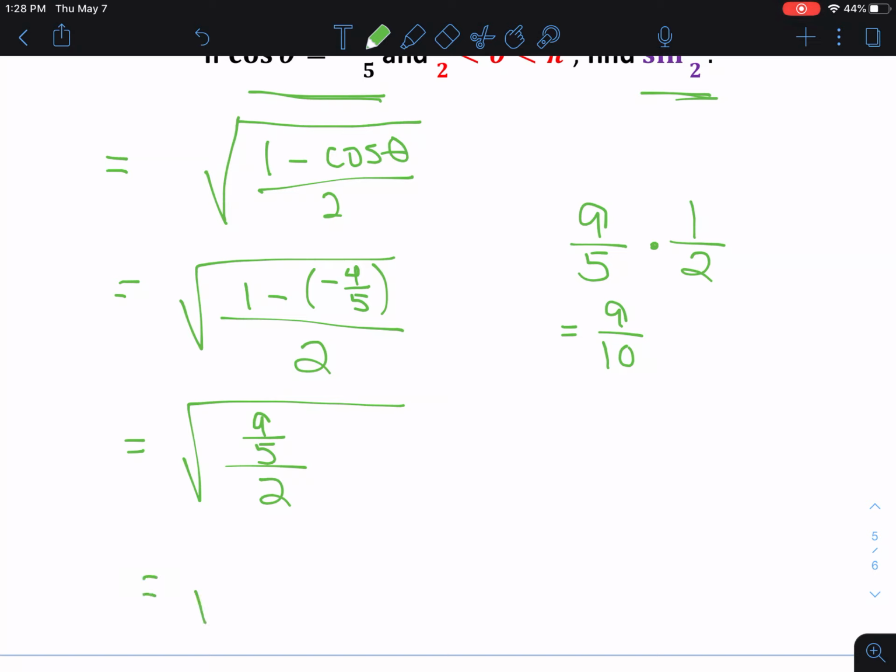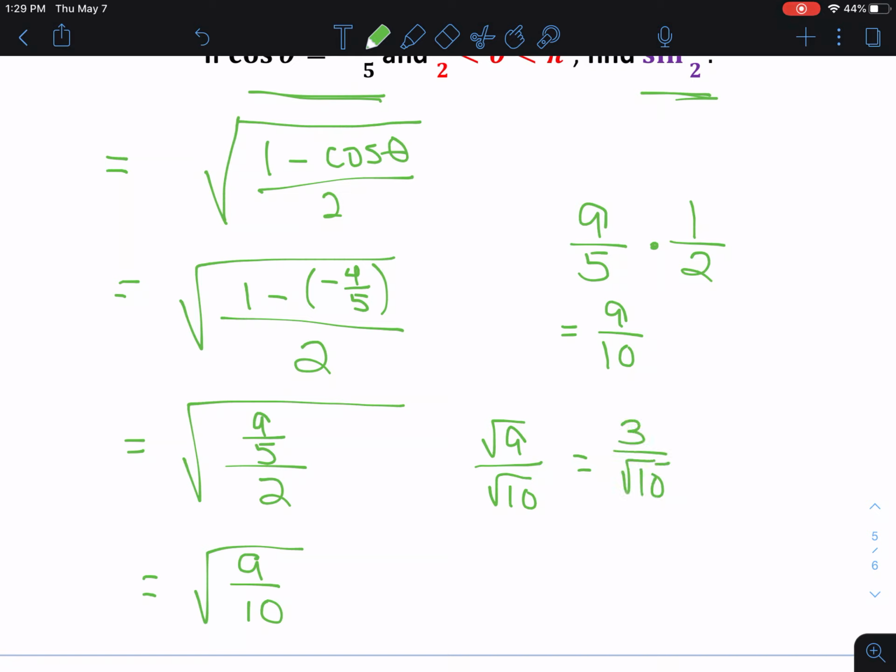So equals the square root of 9/10. All right, so now when we're square rooting, remember, if you have a fraction, you can square root the top and the bottom. So this would end up being square root of 9 over square root of 10, which is 3 over